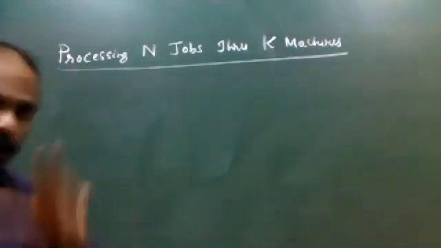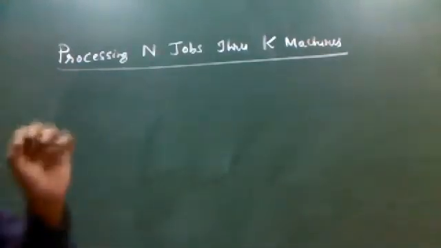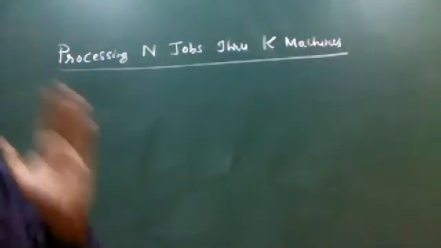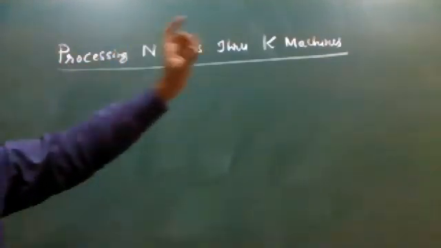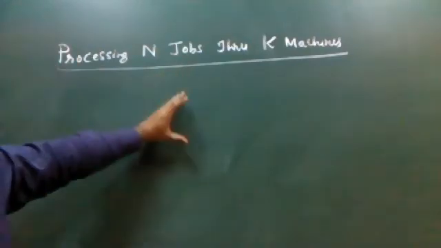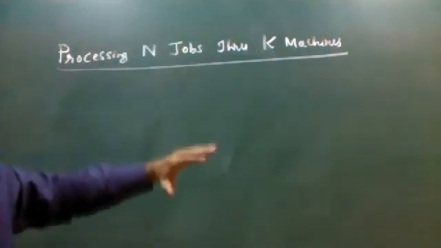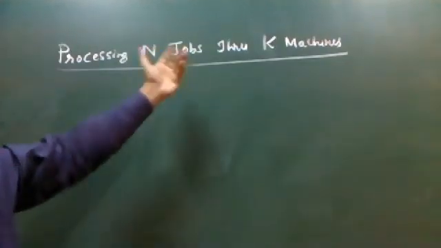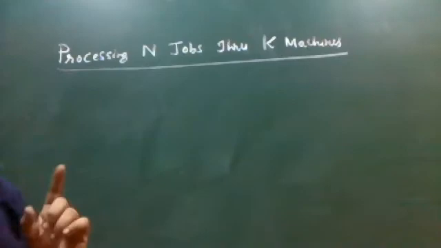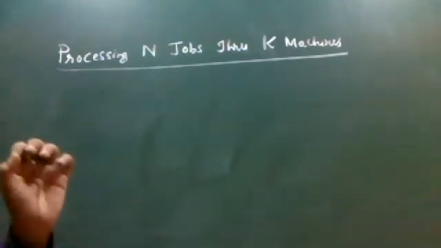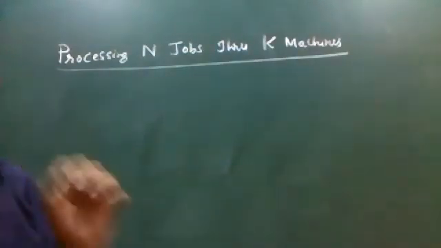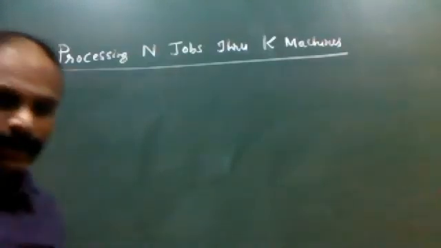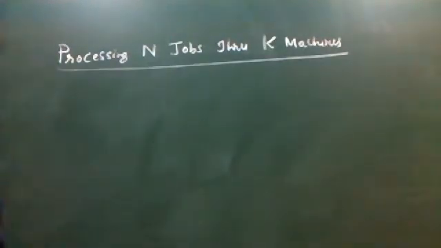We all know that all sequencing problems are solved at two levels. The first level is we apply Johnson's rule and decide the order in which the jobs have to be processed. This is the first step. In the second step, we apply the table and calculate the idle time of the machines given. Now, there is a serious limitation as far as Johnson's rule is concerned. Can anybody please tell me what is the limitation of Johnson's rule? Can I get the answer from the class?